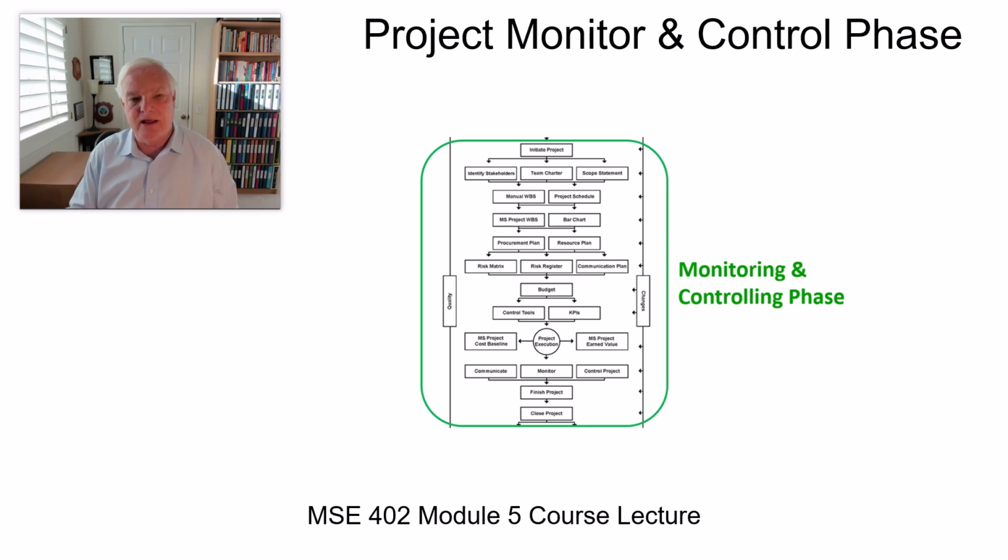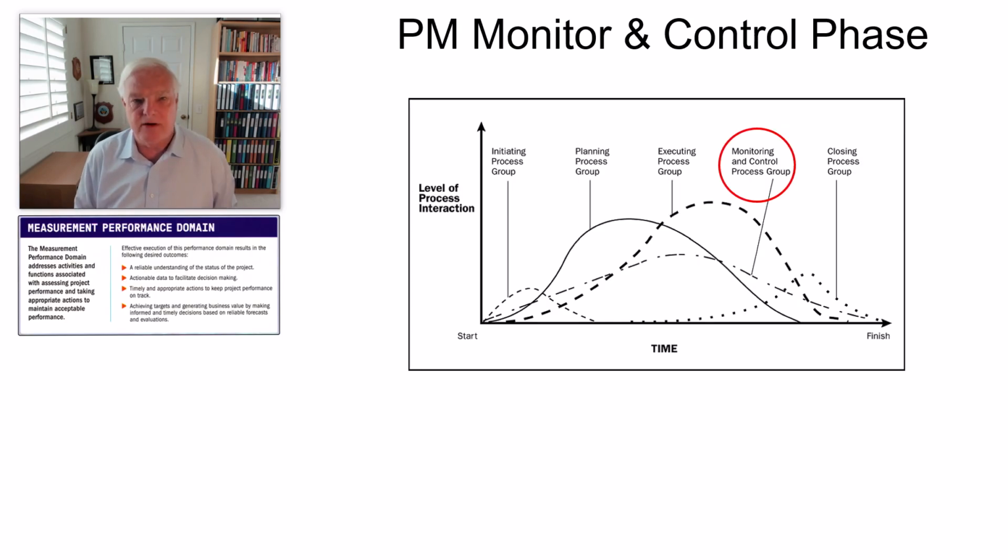And they're different elements, in different areas, that are going to step up and be more predominant for you depending on where you are in your process. So let's take a peek at exactly what monitoring and controlling from a process group standpoint looks like. If you jump into your PMBOK, page 93, you're going to see the measurement performance domain. And that particular domain is what is covered under the monitoring and control